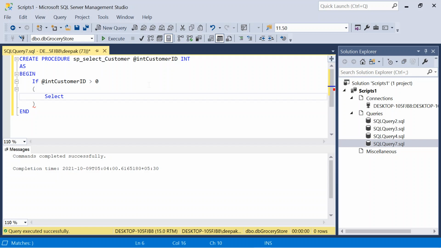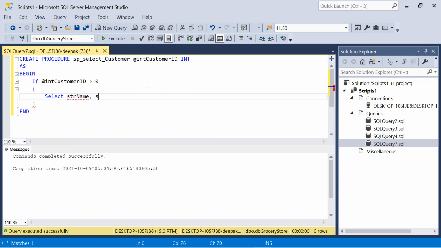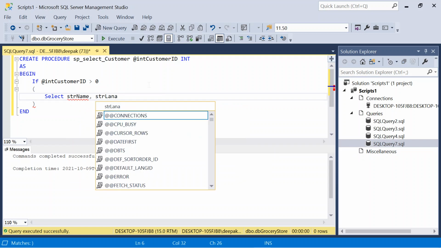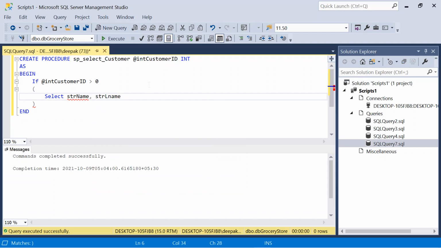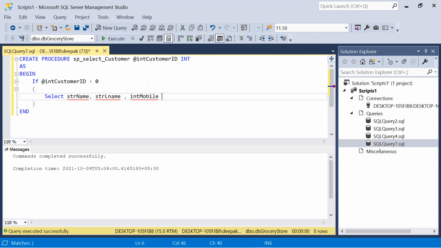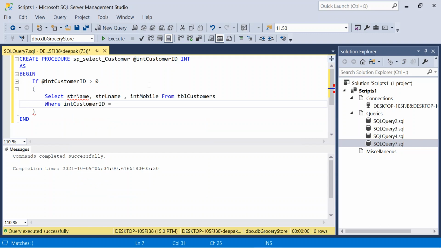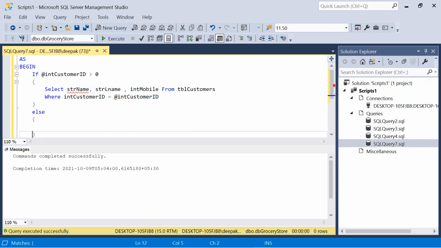So what I will do, select record from table based on customer ID equal to the value of parameter we are passing to the store procedure, else retrieve all record.